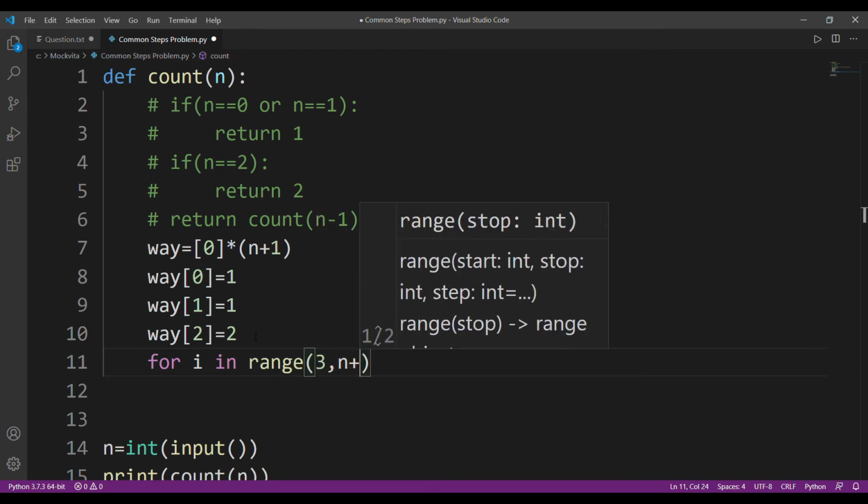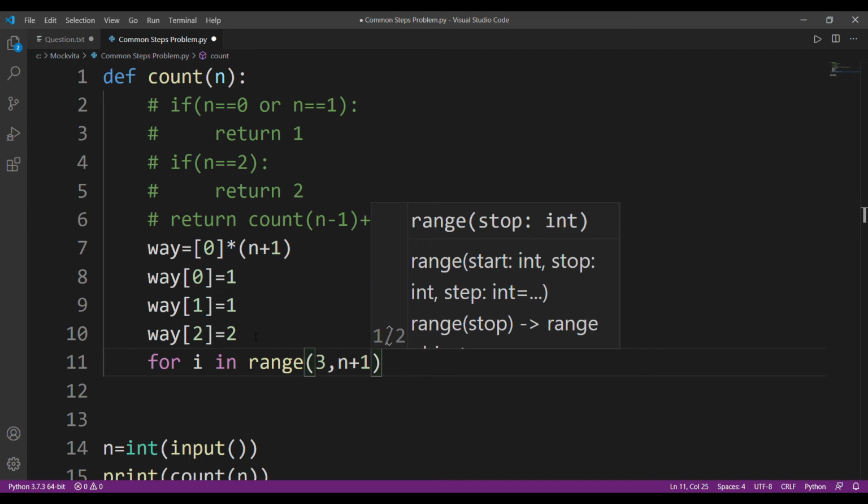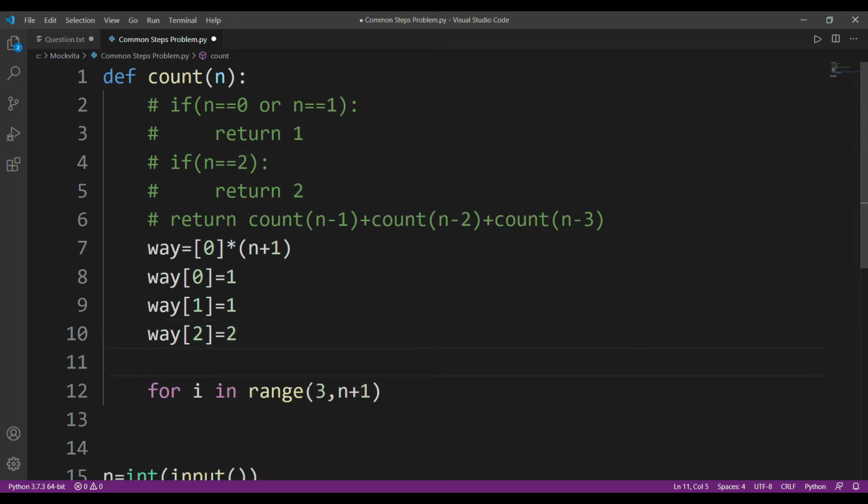It will keep on calculating all the possible ways for each step till we reach n, because the value for n will be the summation of its three predecessors.